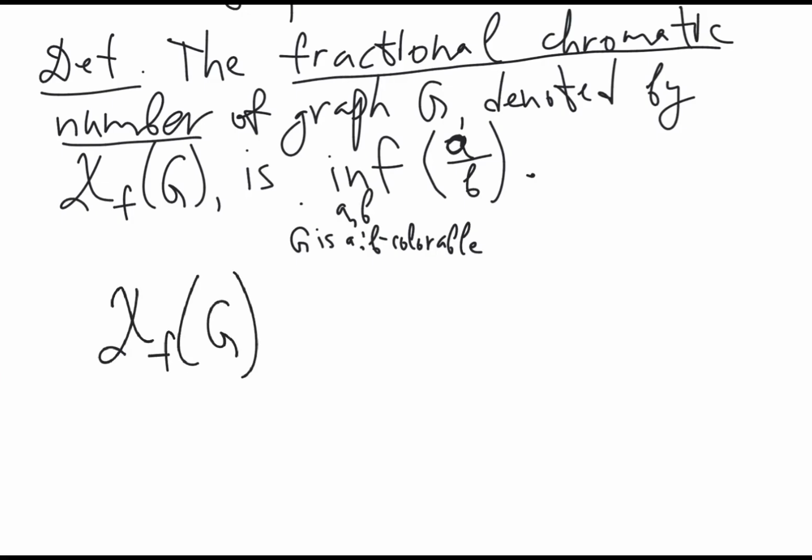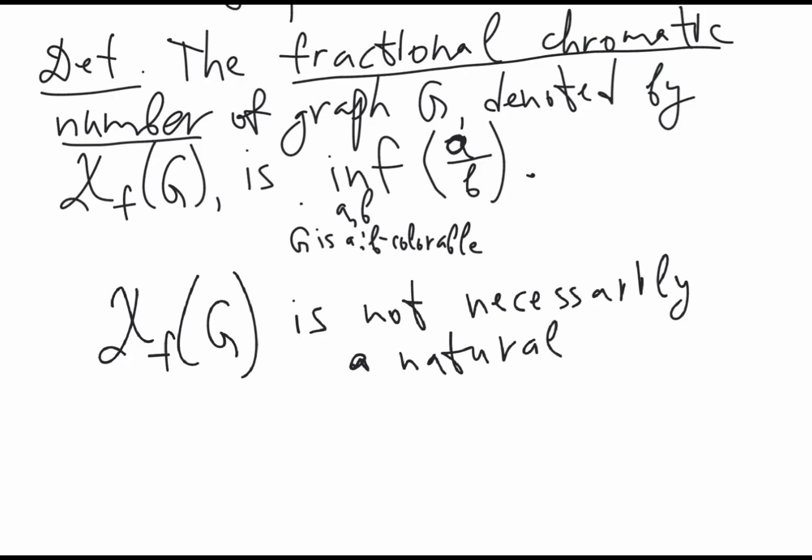A fractional chromatic number is not necessarily a natural number. It can be a fractional number. And this is the sense in which we color a graph in a fractional number of colors,